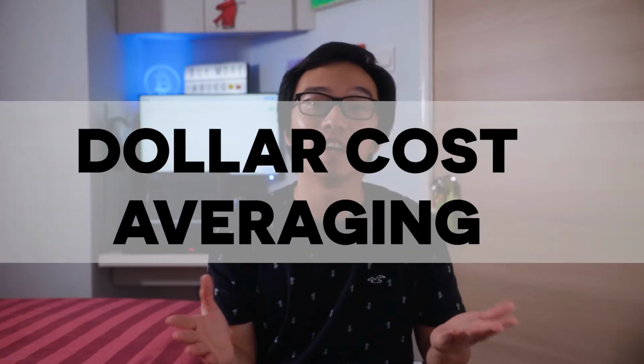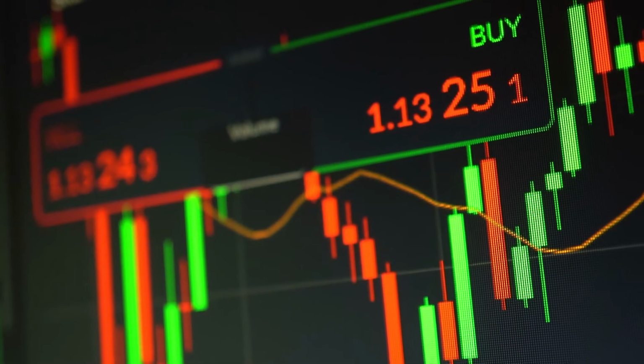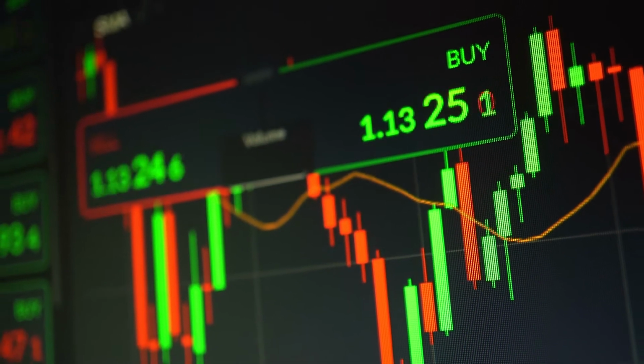So when you first start investing, one of the most important concepts to understand is dollar cost averaging. So what is dollar cost averaging and why should you dollar cost average? What dollar cost averaging does is it instills a habit in the investor to constantly put money into the market regardless of market sentiment. And by constantly adding positions on a regular basis, it allows us to accumulate assets and grow our portfolio. On top of that, if you're accumulating dividend stocks, this gives you the benefit of using your dividends to buy even more stock as time goes by.